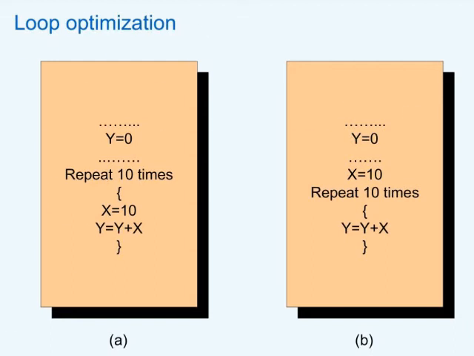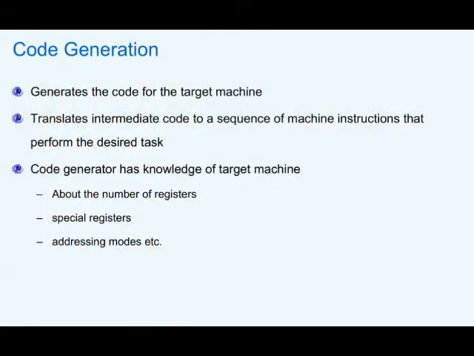The next phase which comes is the code generation phase. Here, according to the machine language, the code needs to be converted so that the machine can understand those instructions and execute them one by one. As we have already seen, the fetch, decode and execute cycle will be repeated for the machine code which is going to be generated by this phase. So in this phase, the target machine is kept in mind and code is generated based on that. Whatever sequence of instructions has been given by the intermediate code will be converted into the machine instructions which will do the desired task for us.